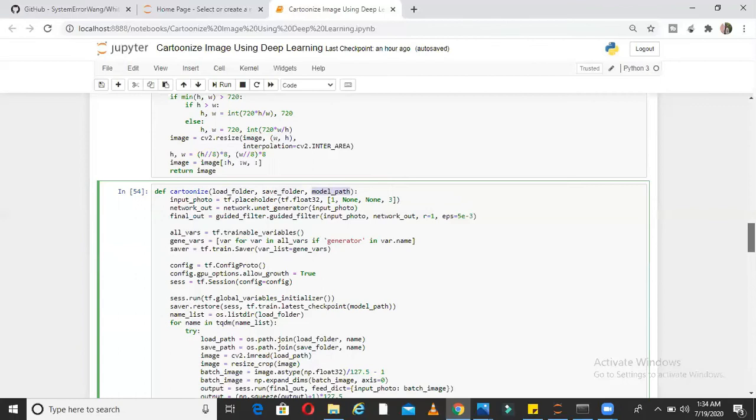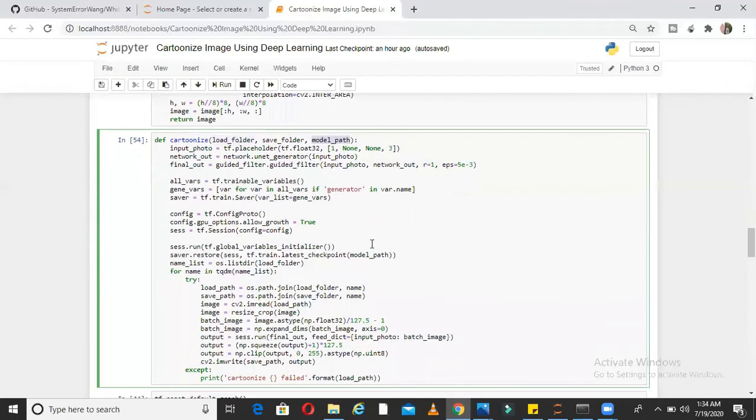Now if you see some of the important lines of this code, what you can see here is it is initializing a session and it's saying tf.train.latest_checkpoint(model_path), which means it is trying to import the model from the model path, okay.